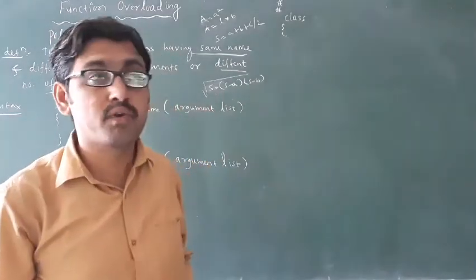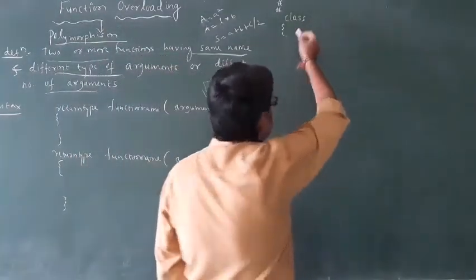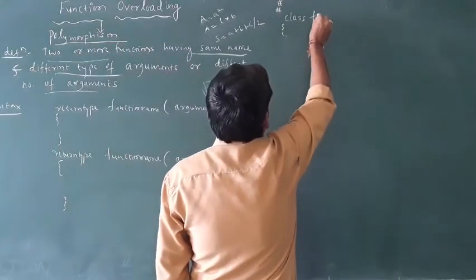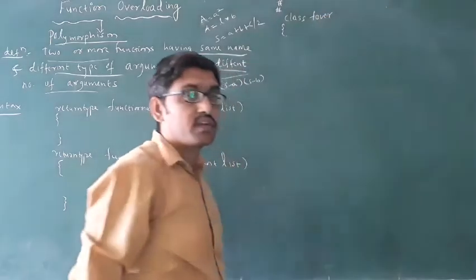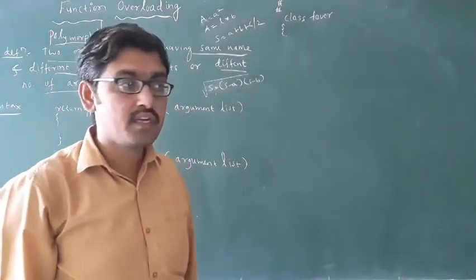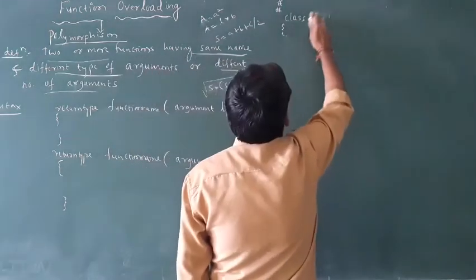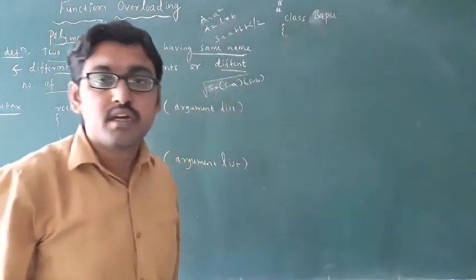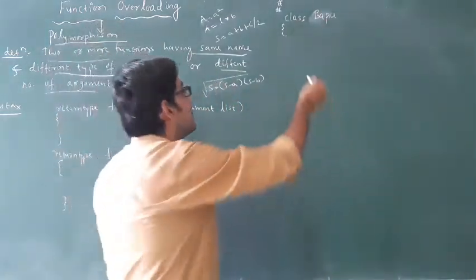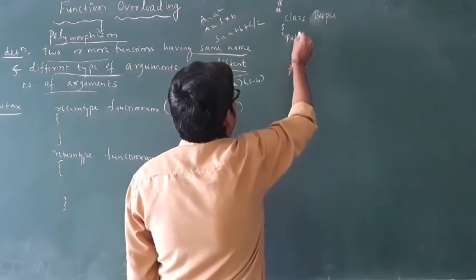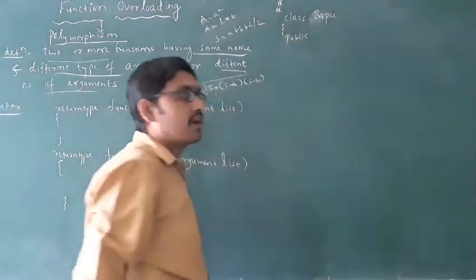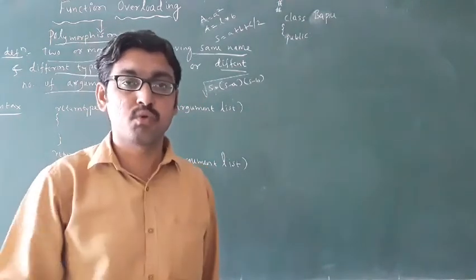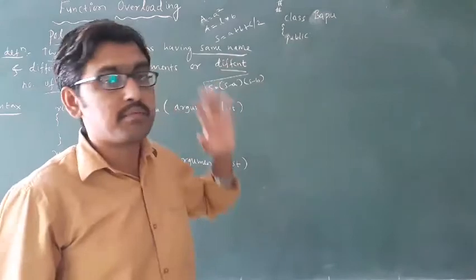Okay, this is also one lab program. See, I am taking a class. Here I am using function overloading. You can take your own name also. Otherwise I am taking Bapu. Bapu is our class name. Here I am writing in the public section. I am not using private here. You can use it, no problem. In private you can give A, B, C, no problem. But I am using public.